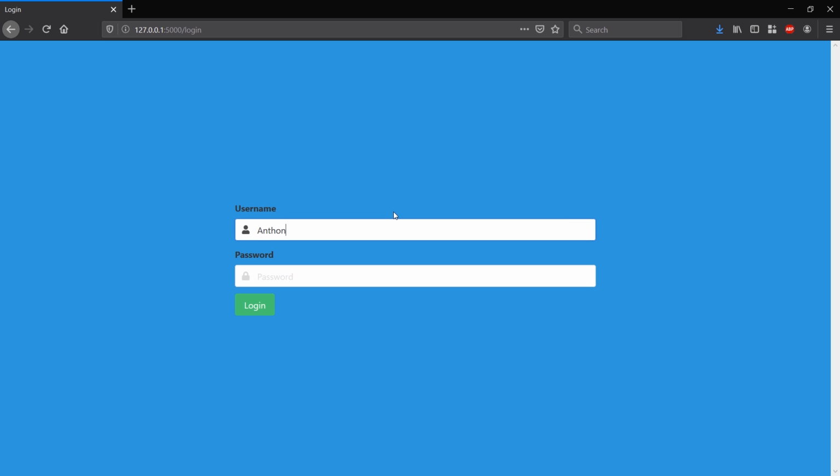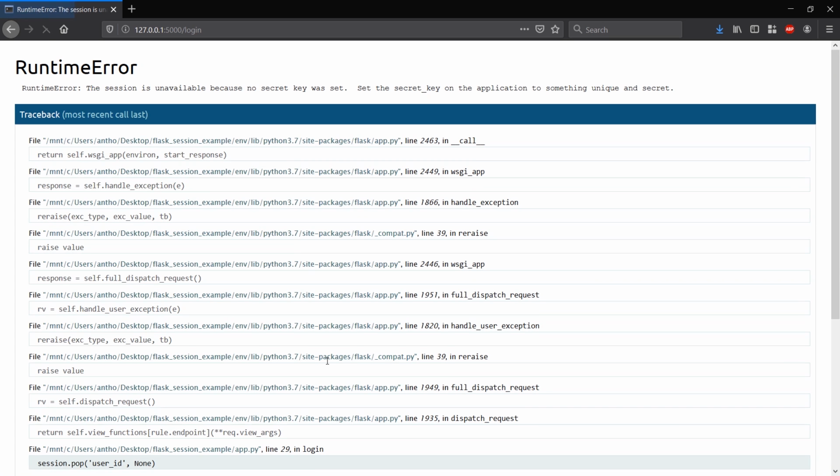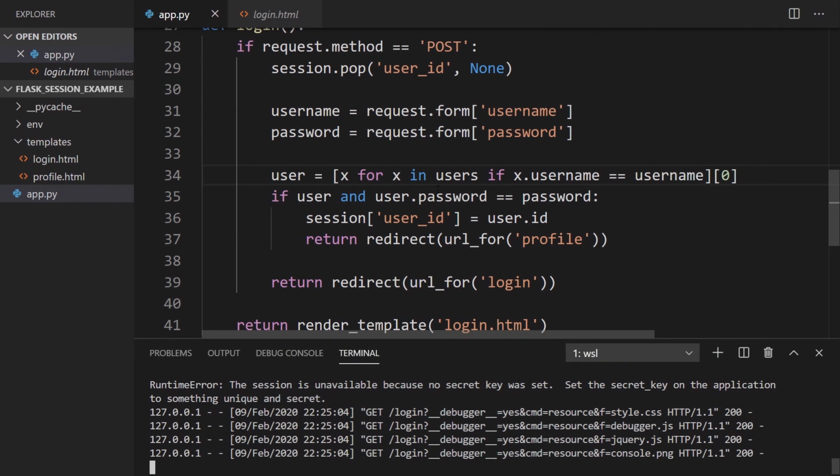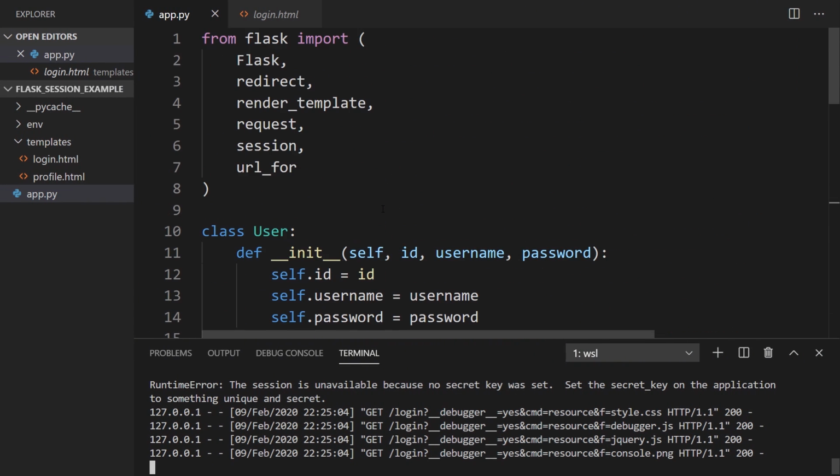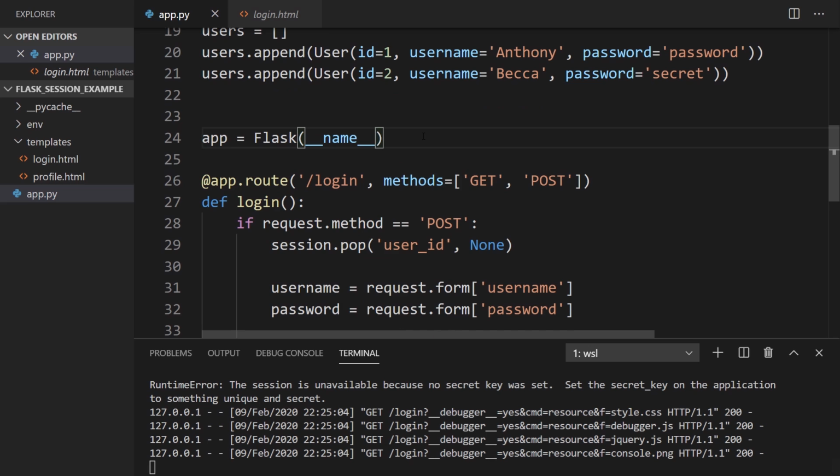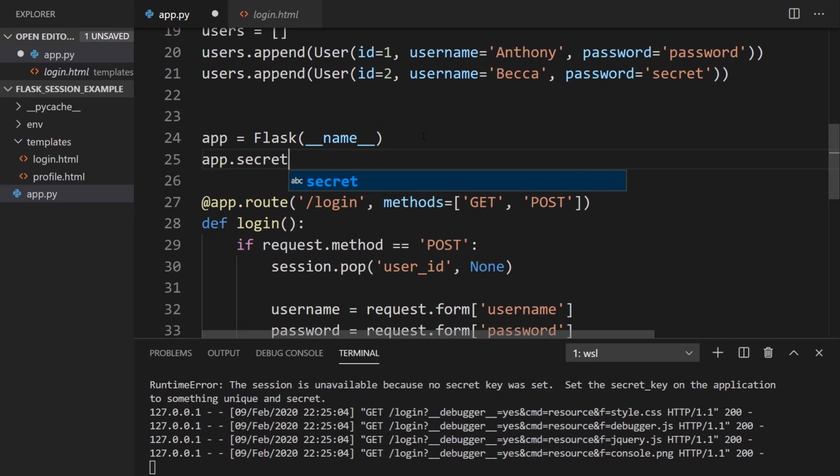So I'm going to try Anthony, and I'm going to start with a password that doesn't actually exist. I'll hit login, and we see the session is unavailable because no secret key was set. In the last video, I talked about how secret keys are necessary to work with sessions, and I haven't set one here. So what I'll do is